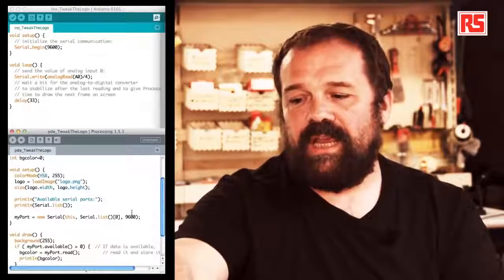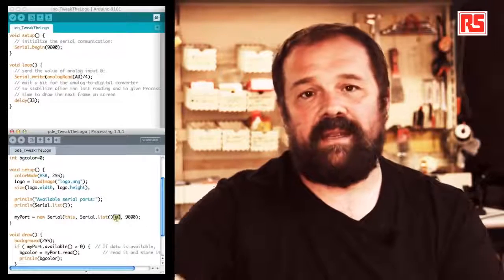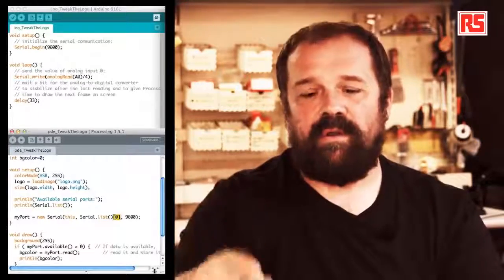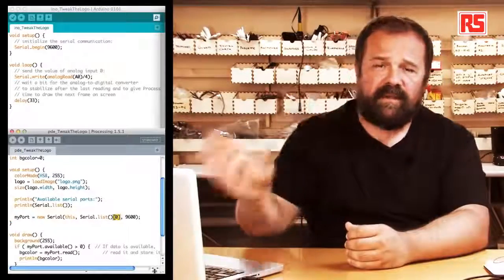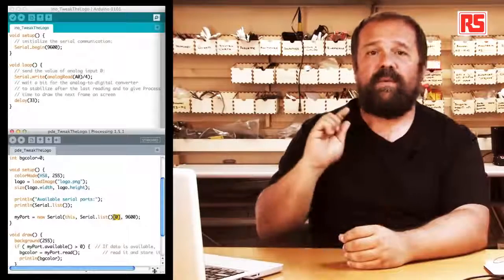And then you change in your code the 0 here that I am highlighting with the number of the port from the list that corresponds to your Arduino. After you're done that, the processing code is configured in order to talk to the Arduino,